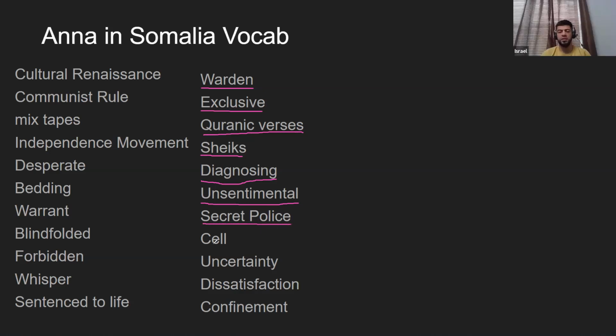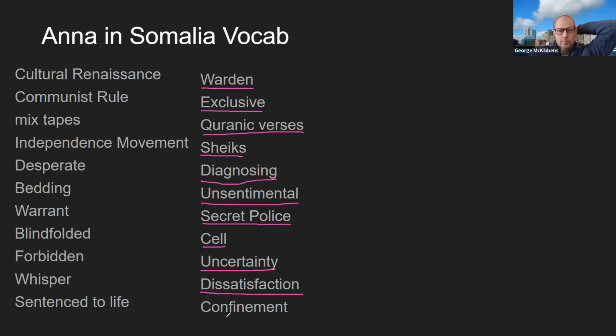Secret police. Secret police. Cell. Cell. Uncertainty. Uncertainty. Dissatisfaction. Dissatisfaction. Confinement. Confinement. All right, so we recently, this is where I'll actually call upon a few students who were, I'll mute